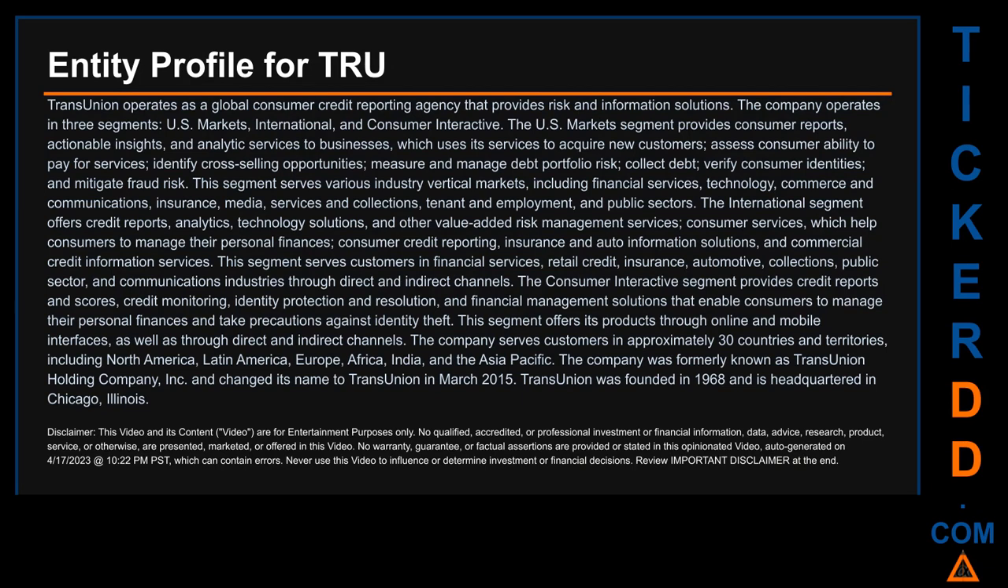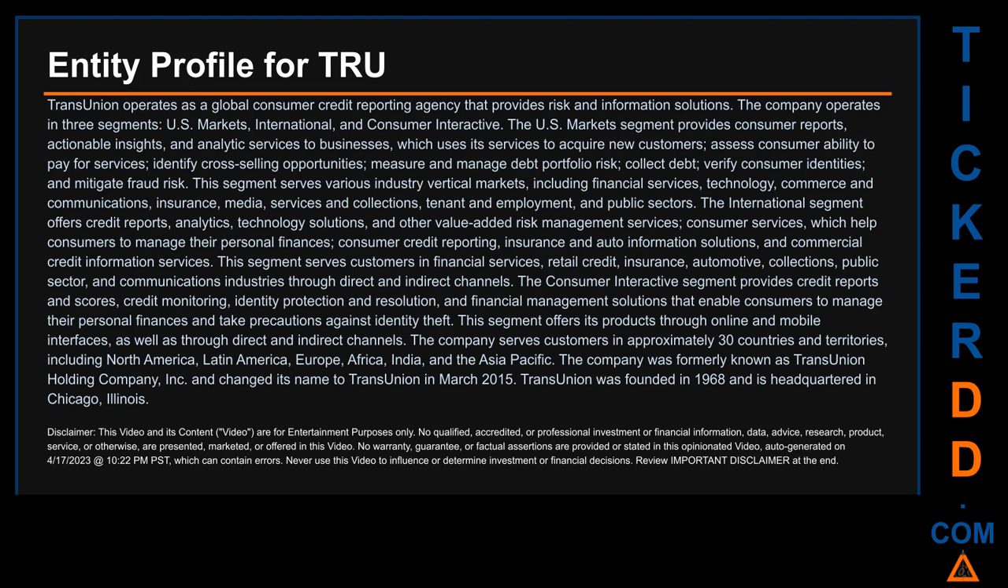The international segment offers credit reports, analytics, technology solutions, and other value-added risk management services, consumer services, which help consumers to manage their personal finances, consumer credit reporting, insurance and auto information solutions, and commercial credit information services. This segment serves customers in financial services, retail credit, insurance, automotive, collections, public sector, and communications industries through direct and